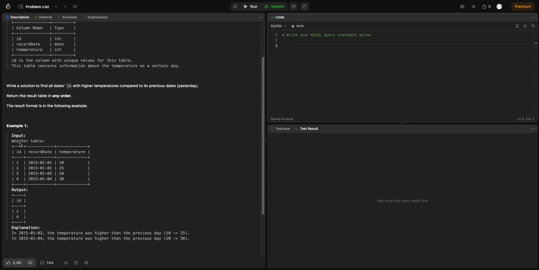So we have the input weather table with three columns: ID, record date, and temperature. We observe that the temperature on date 2015-01-02 is higher than the temperature on the first. We also observe that the temperature on the 4th is higher than the temperature on the 3rd. And this is essentially what the question is asking us to return. We need to return 2 and 4 since they are the IDs of all dates where the temperature is higher